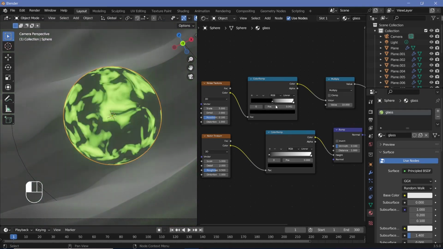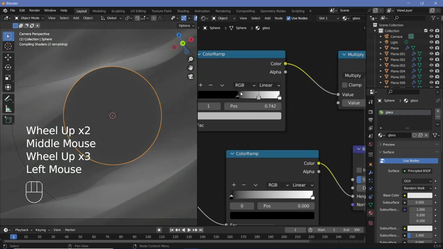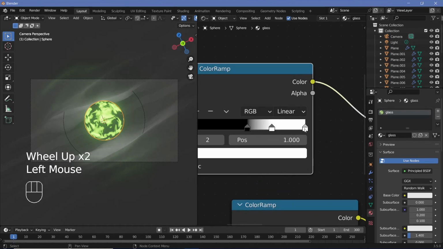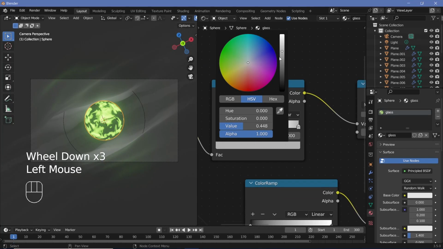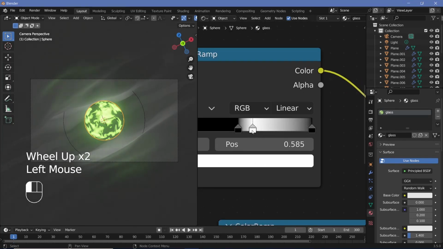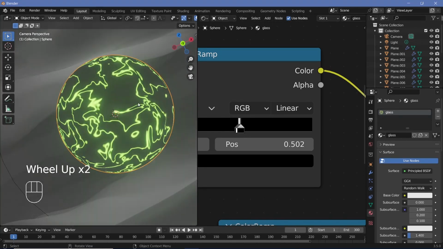So we can just bring it in quite a bit. And what we'll do is add in another marker and change this marker all the way to a bright white by selecting it, clicking down here and increasing this all the way to white, and then changing this one to black by selecting it, clicking the color over here and just bringing it down all the way to black. After that, you can just take this and bring it really close to the black, and then take this black marker and bring it really, really close, and that way you see it changes into just a line of light